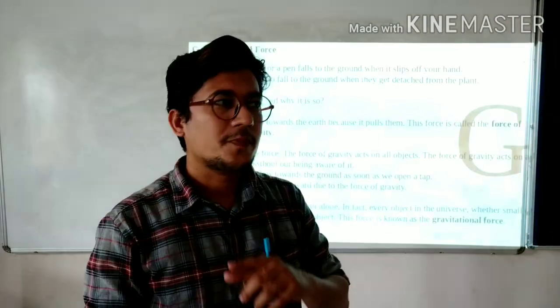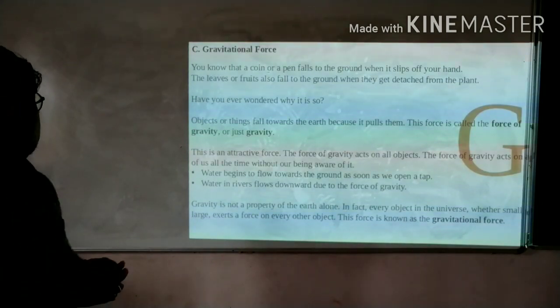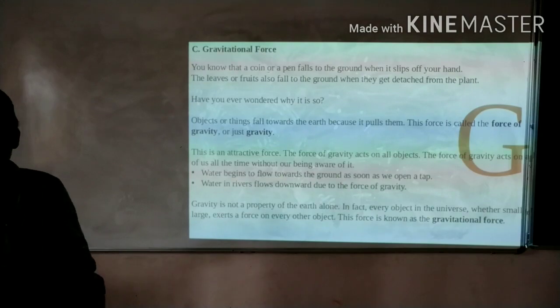So Jupiter is like a father of Earth, so that Jupiter always saves his child from asteroids. Every object, whether small or large, exerts a force on every other object. This force is known as gravitational force.